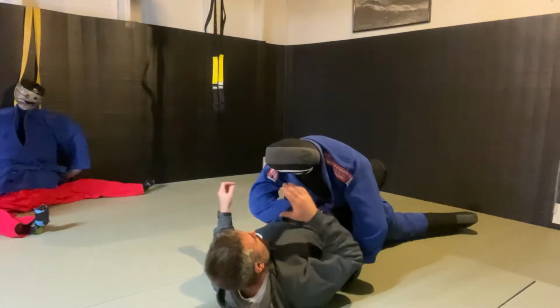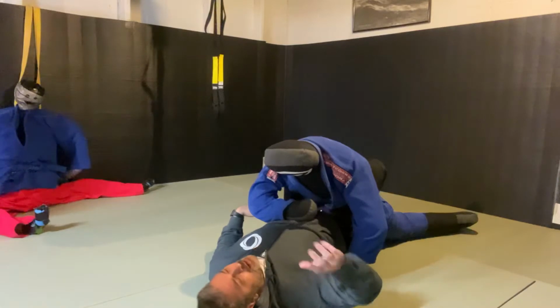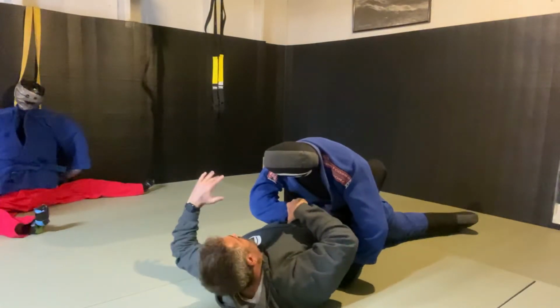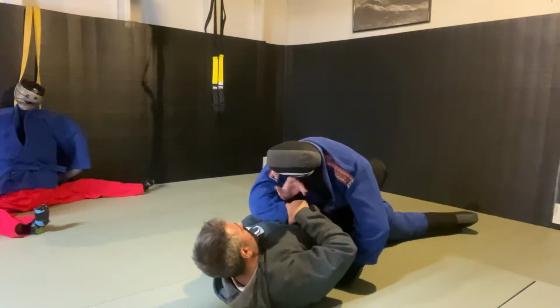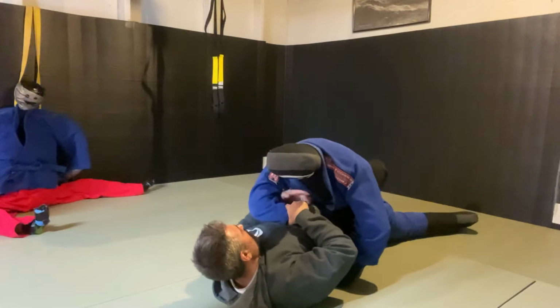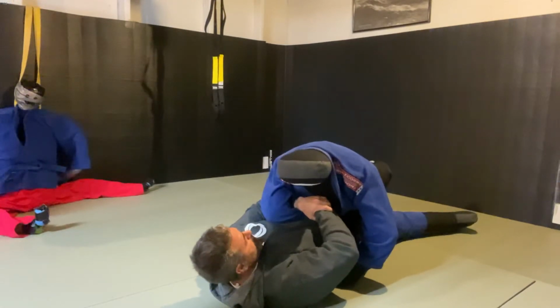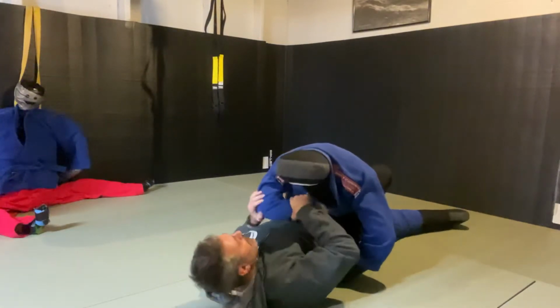So the reverse Kimura is going to look like this. Kind of like you're getting a cross grip, but I'm going to actually grab their wrist. This other hand is going to go in between their arm and their body, and you're going to hook up the figure four this way. So that's the reverse Kimura. The way we can get into that,